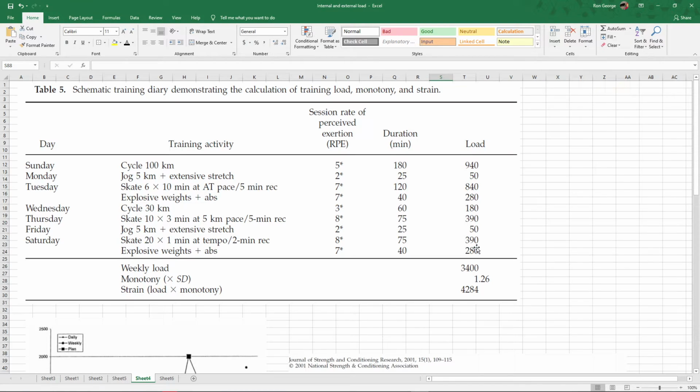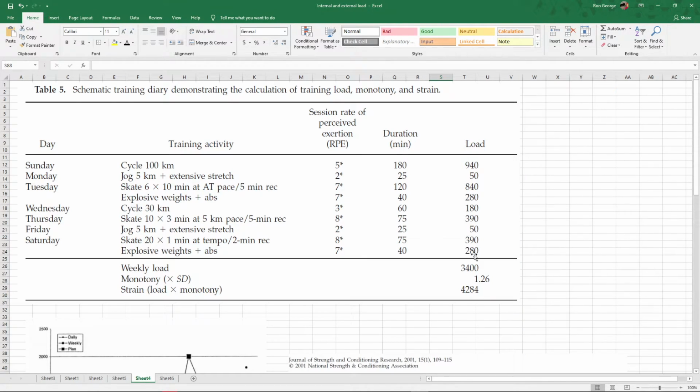You take that and multiply with the weekly load, I believe, but I'll just look into that. And then your strain is your load times monotony. So your monotony is your standard deviation, and then your strain is your load times your monotony, which is